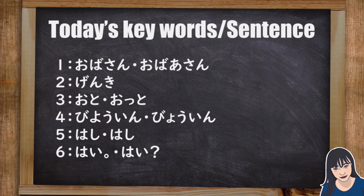So these are today's keywords in sentence. Number 1, おばさん、おばあさん。Number 2, 元気。Number 3, 音、夫。Number 4, 美容院、病院。Number 5, 橋、箸。Number 6, はい、はい。To understand these keywords better, I will introduce